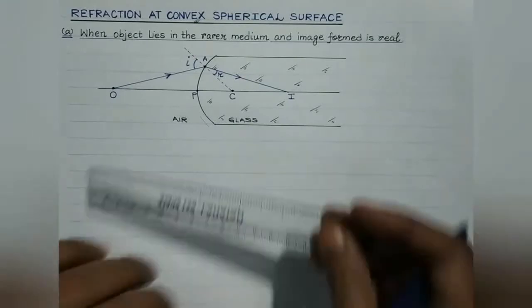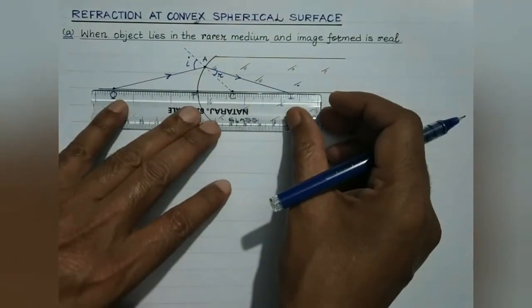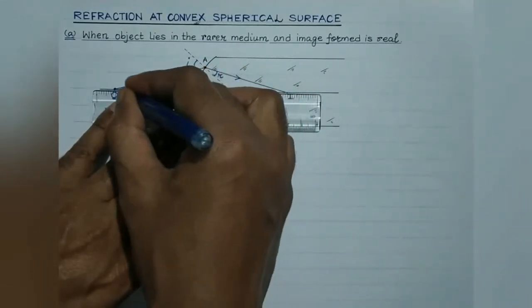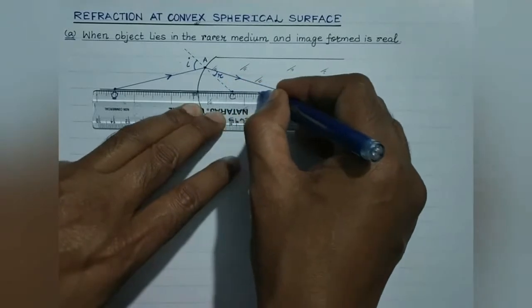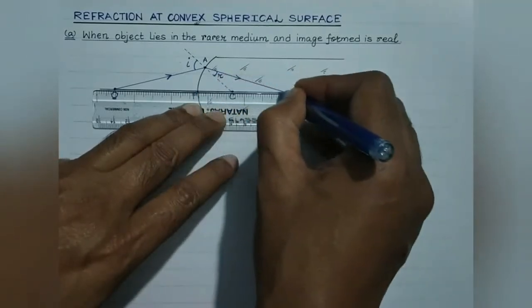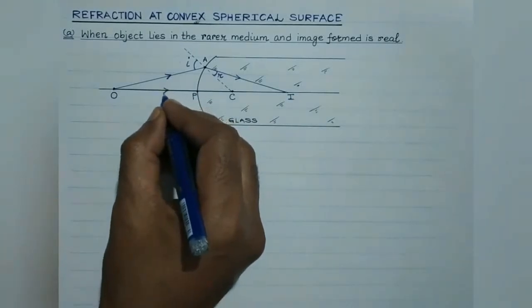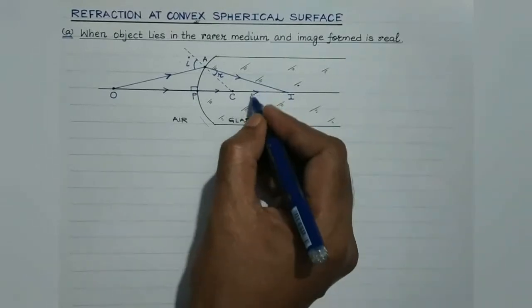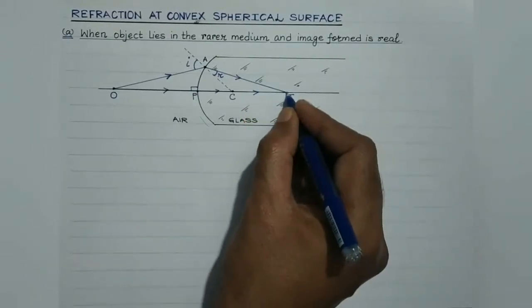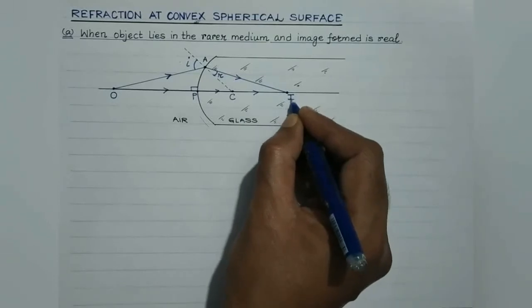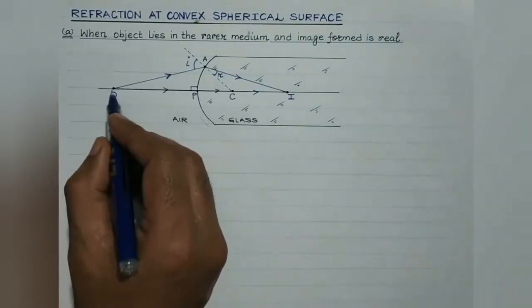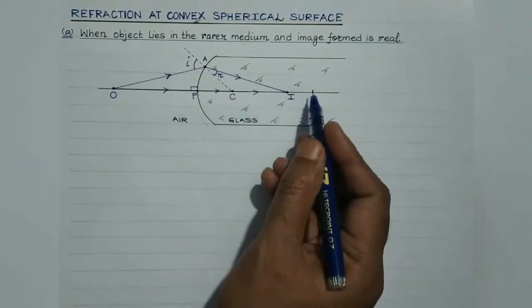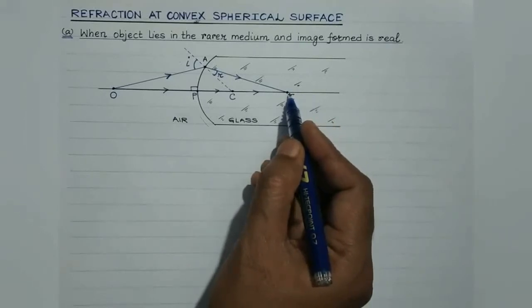And one more thing, students. A ray which is incident normally, in this case this ray is incident normally, that is angle of incidence is 0 degree. It will go in the straight path. It won't suffer any sort of bending. So this is the second ray. A ray which is incident normally, it will remain undeviated. So these two refracted rays intersect or meet at point I. This is where the image is formed, right? This is the object lying in the rarer medium, and this is the image which is formed on the other side as that of the object. So this image is real.